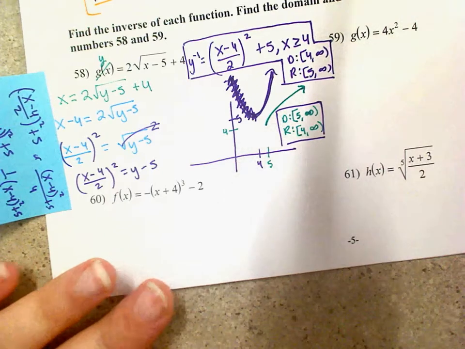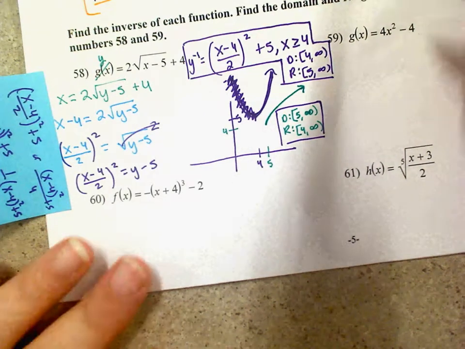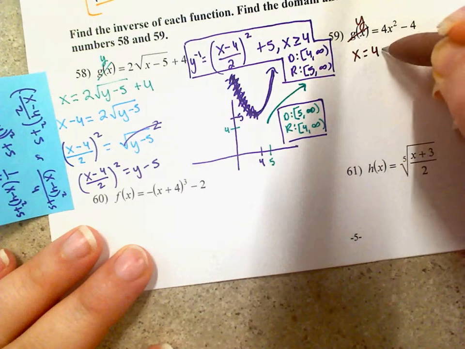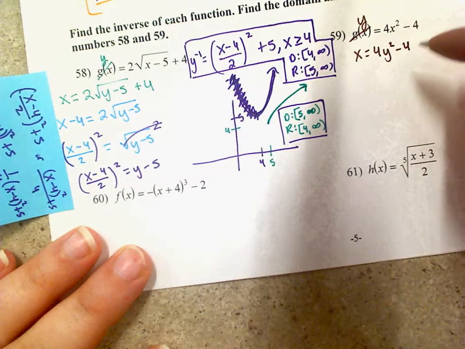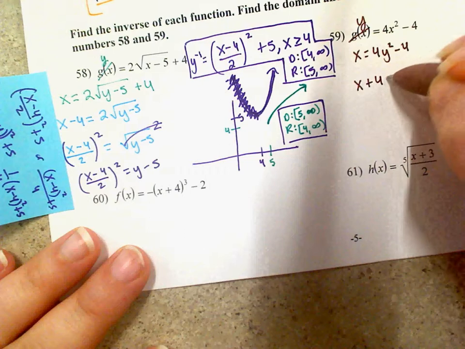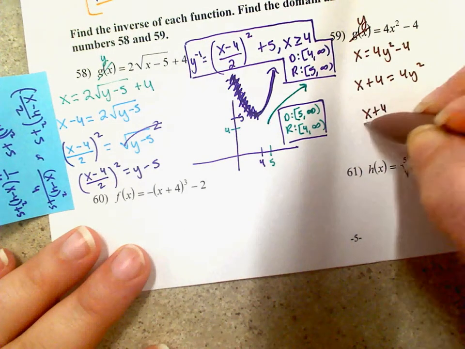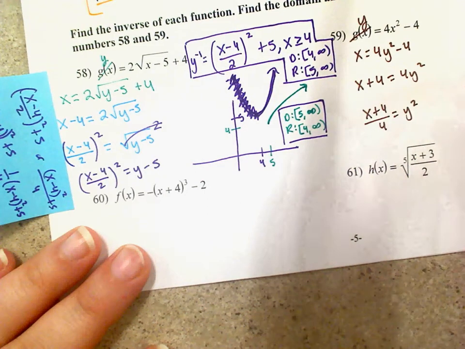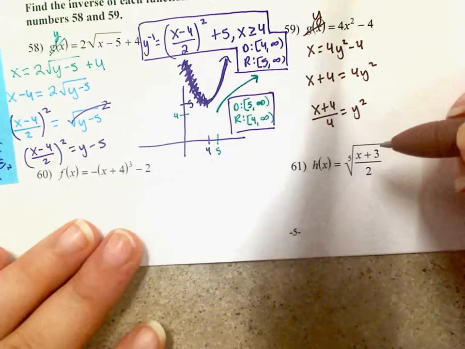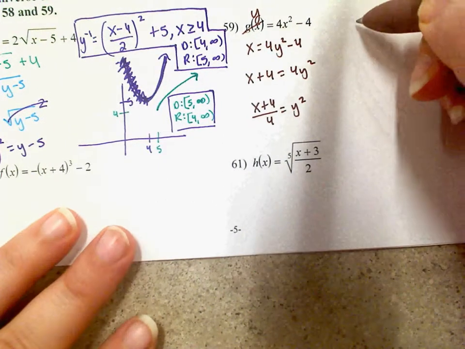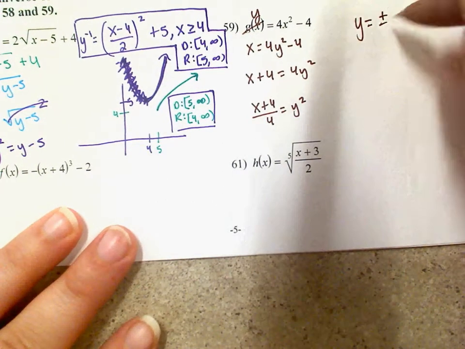So this is y. So I've got x equals 4y squared minus 4. I'm going to add 4. I'm going to divide by 4. And then I'm going to take the square root. And when you take a square root, you have to remember that there's two answers, both plus and minus. So y equals both plus and minus the square root of x plus 4 divided by 4, or